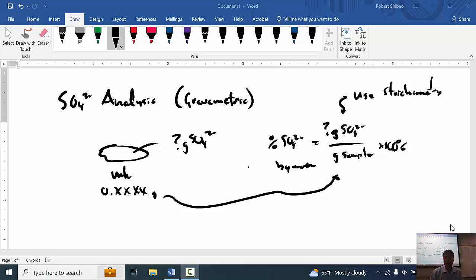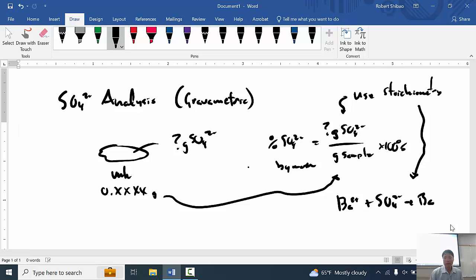Okay. For the stoichiometry, the balanced chemical equation looks like this. It's just barium ions reacting with sulfate ions, and it forms a precipitate of barium sulfate. So for every mole of barium sulfate precipitate that we get, 1 mole of sulfate ions were present. We're going to get a lot less than a mole of barium sulfate,